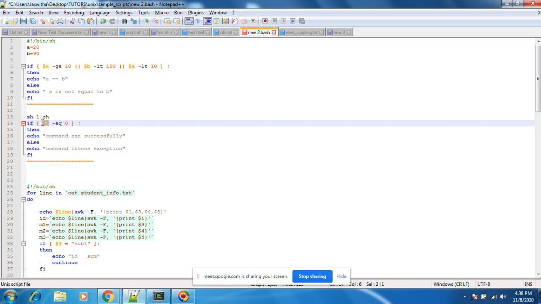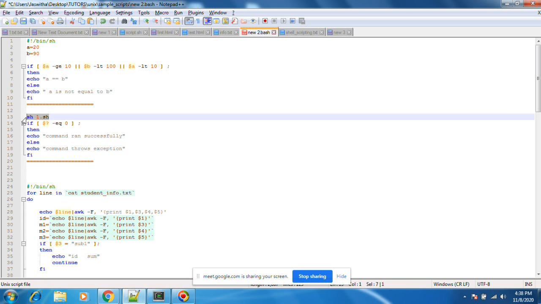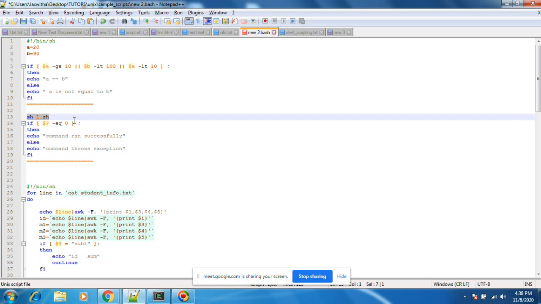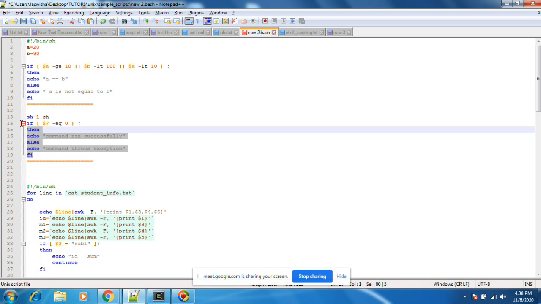Dollar question mark we have already discussed in special operators. This dollar question mark checks whether the immediately previous command executed successfully or not. If dollar question mark equals 0, this command executed successfully. Otherwise, some exception is thrown. Let's see how it runs.